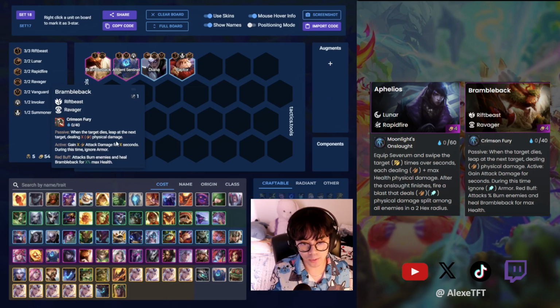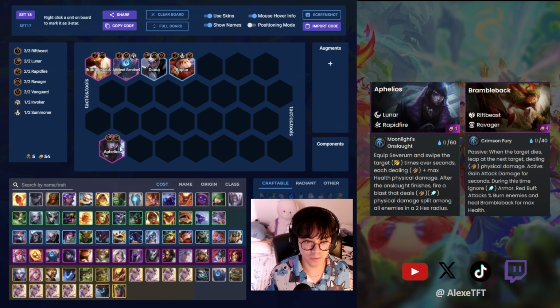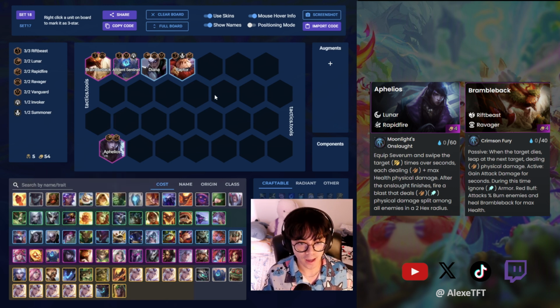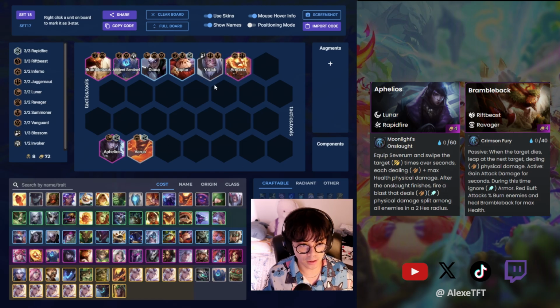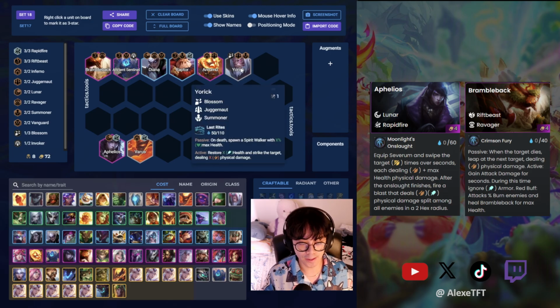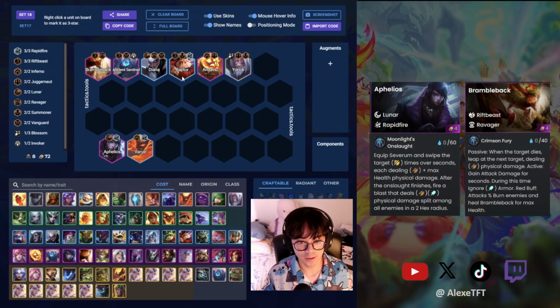Brambleback and Aphelios are both AD units, so they'll synergize with each other. Brambleback ignores armor, which is active, so Shred isn't entirely necessary, or Sunder, sorry, but I feel like you'll still want to build it with Aphelios, which we'll get into later. And then filling out the rest of the package, we'll have Varus, Amumu, and Yorick. So we're playing 3 rapid fire. We're playing Amumu and Varus, which is going to be providing us burn for the team, and then Yorick as activating Juggernaut and Summoner for our